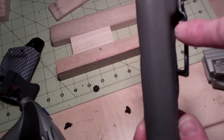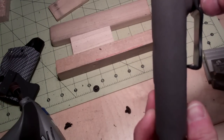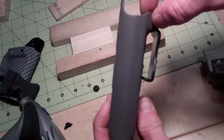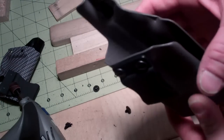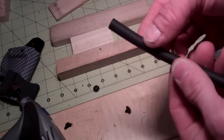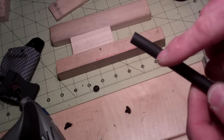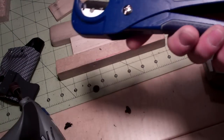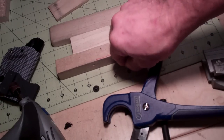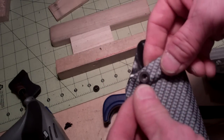Now you can see that when I fold it over, it gives a pretty good room for the belt. And basically I do half and half. So when I block this part here out on the holster, it's about half the distance in here. And then one thing I forgot to mention was I take rubber vacuum hose. I think this is like 3/16 ID. And you get this in any auto parts store. And you get a tube cutter. And I cut my small rubber grommets to fit in between the holster